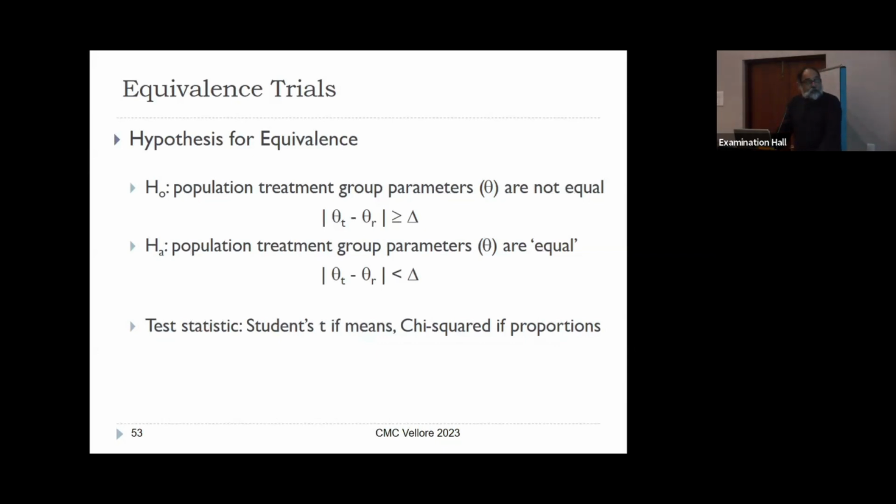And then we would look at if there is a difference between them that is greater than some quantity delta. Again, another Greek symbol, right? To make you complicate. So if the difference between the parameters of the treatment and the reference are